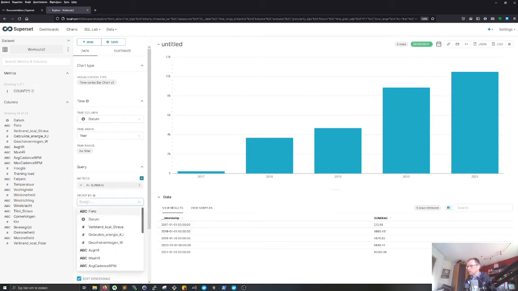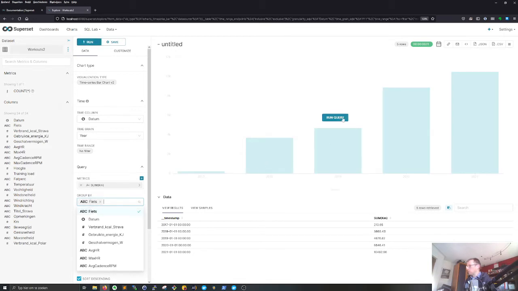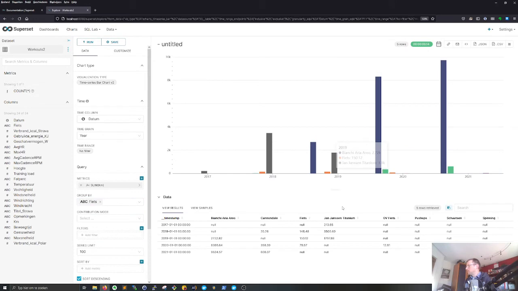Some extra stuff I can do. I can show you, for example, this divided by type of bike. And then it does this. So it shows different columns for different bikes. I'm riding a Bianchi racing bike now, but I also have a Cannondale touring bike, which I just use for shopping. But apparently there's some